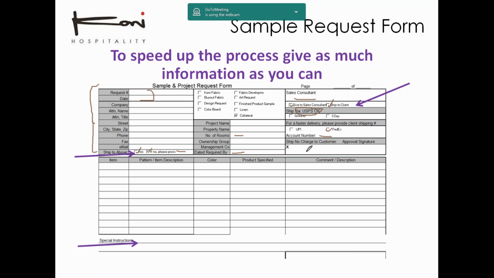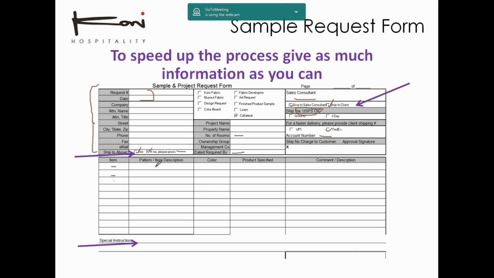And by that, you just send an email and just say, hey, they have a meeting tomorrow at 12 o'clock or something. They need the samples before that so we can understand. And then over here, you're just going to list your number of items, so 1, 2, 3, all that. So if we need to talk about the items, we can just say, go to item number 5, and so on. And then your pattern of the fabric,